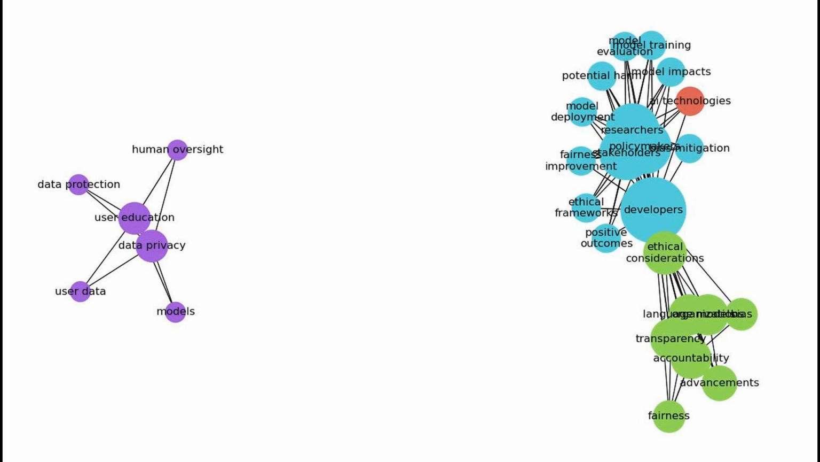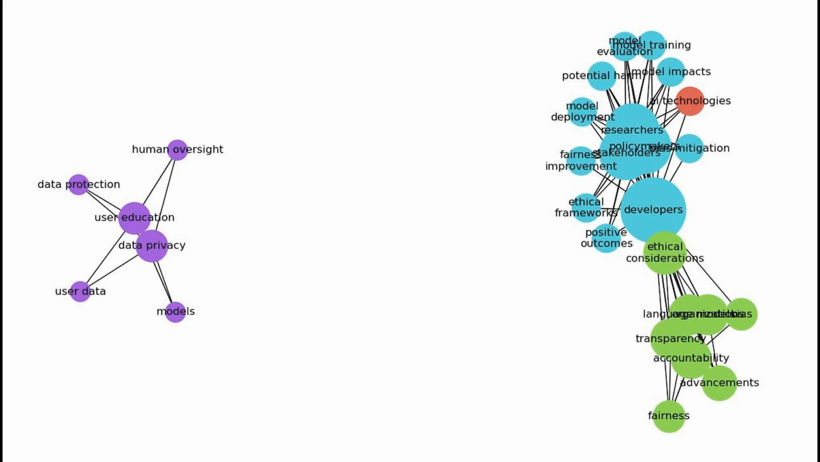To address these ethical concerns, collaboration among various stakeholders is essential. Developers can work together to establish best practices for model training, evaluation, and deployment that consider ethical implications. Researchers can contribute by studying the impacts of these models on different populations and developing methodologies to mitigate bias and